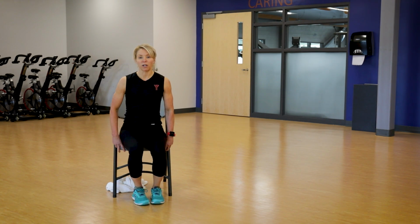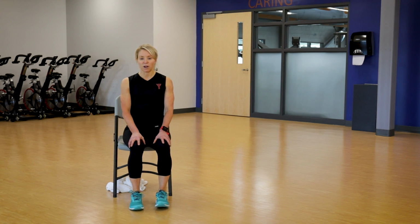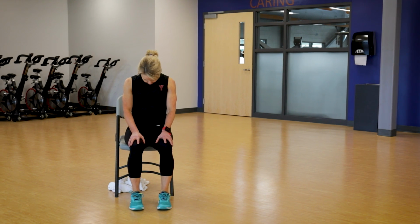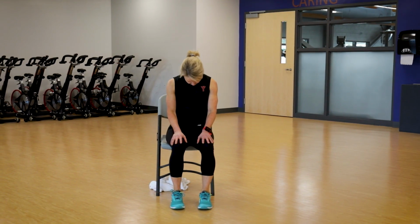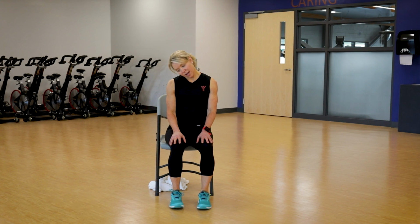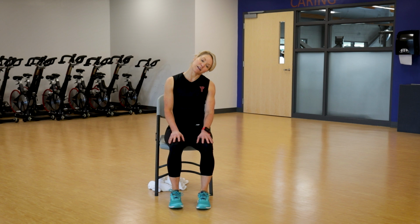So if you're nervous about falling, those are great things to add into your regular routine. And then we're going to end with some stretching. So we're going to drop your chin down to your chest, just sort of relax that neck. And then we're just going to roll the head over to one shoulder. And just let the weight of your head just sort of take you in that direction, not that you're forcing it. And again, you can hold these stretches as long as you need to feel a little bit of release in the muscles. We'll come back to the center, we'll start to lift the chin up off the chest,